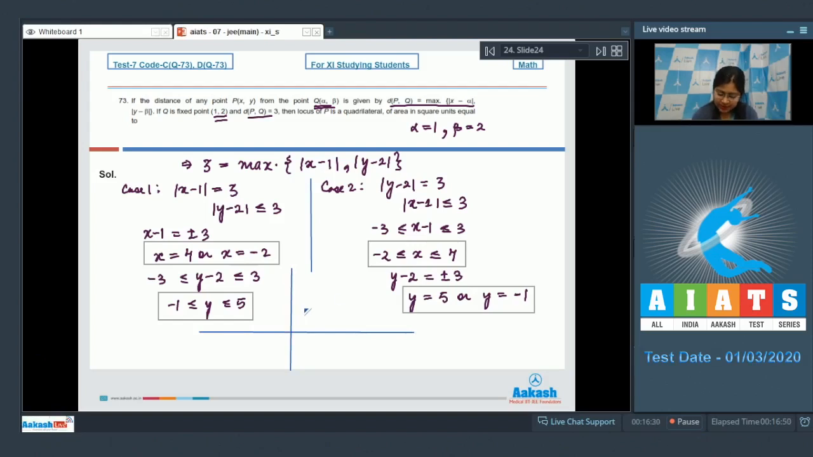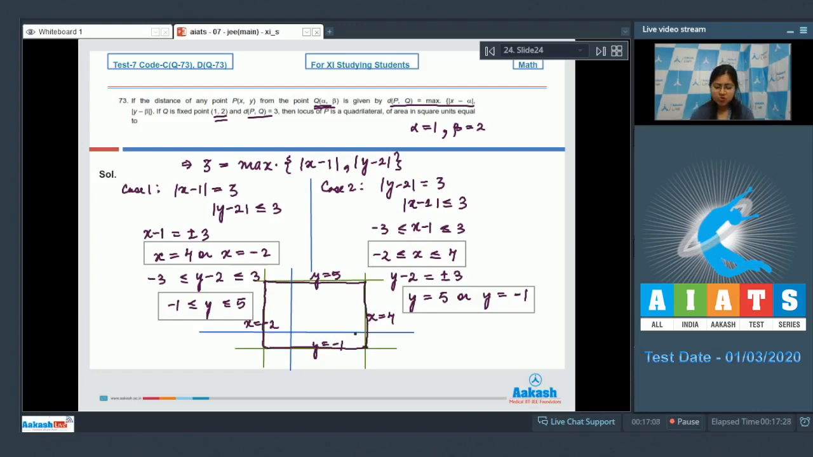Now let's plot the lines x equal to 4 and x equal to minus 2. So this is x equal to minus 2 and this is x equal to 4. Similarly y equal to minus 1 and y equal to 5. Let's write it down. This is y equal to 5 and this is y equal to minus 1, and this is x equal to minus 2 and this is x equal to 4. So the required locus is this one,